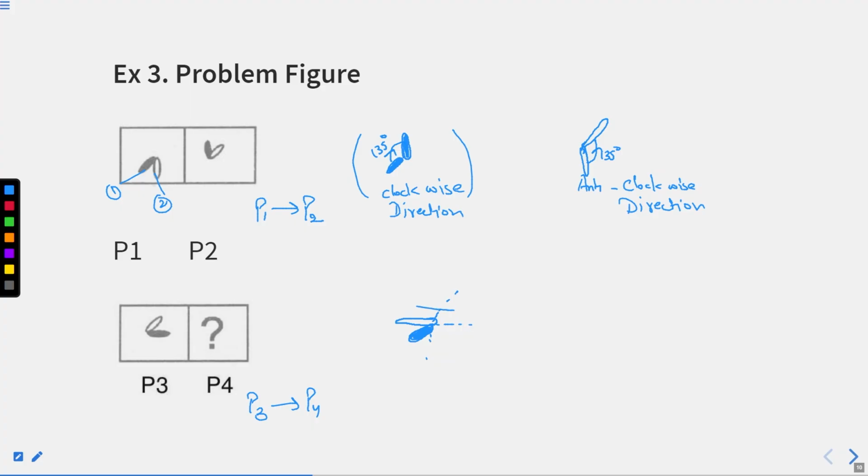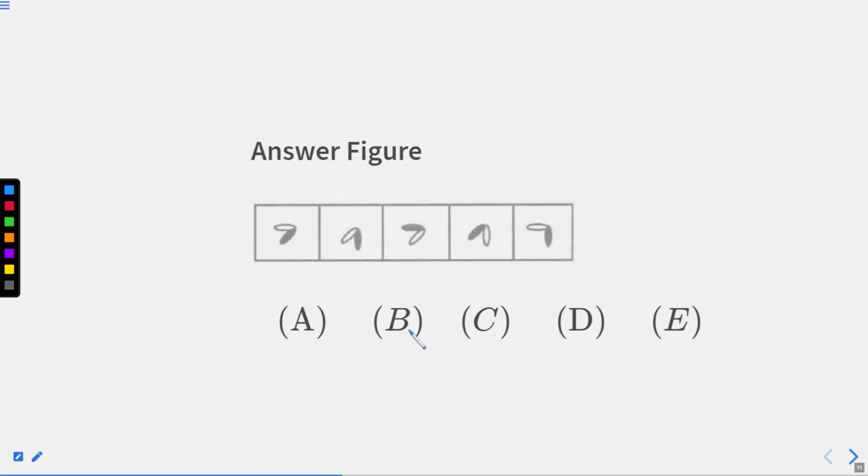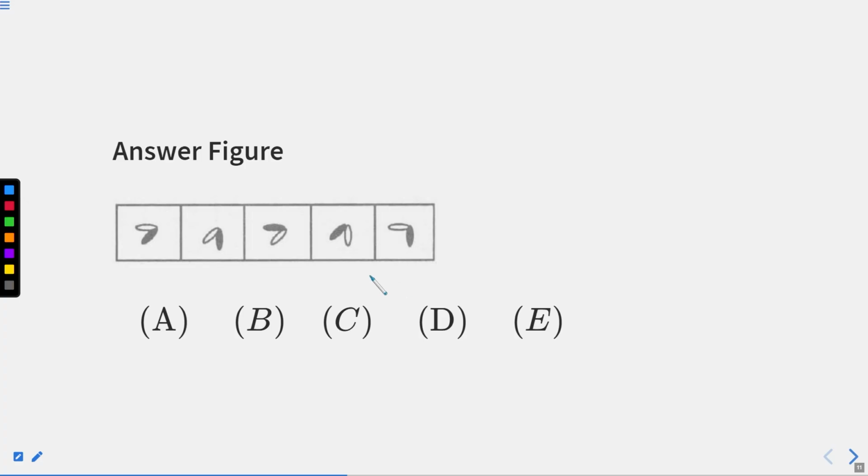Now this is a figure that we are able to figure out. Let's just check whether this figure is there or not. Okay, so this figure is option number A as per my observation, right? So here they are getting mismatched. I'll rewrite for you. This is option A, option B, option C, D and option E.